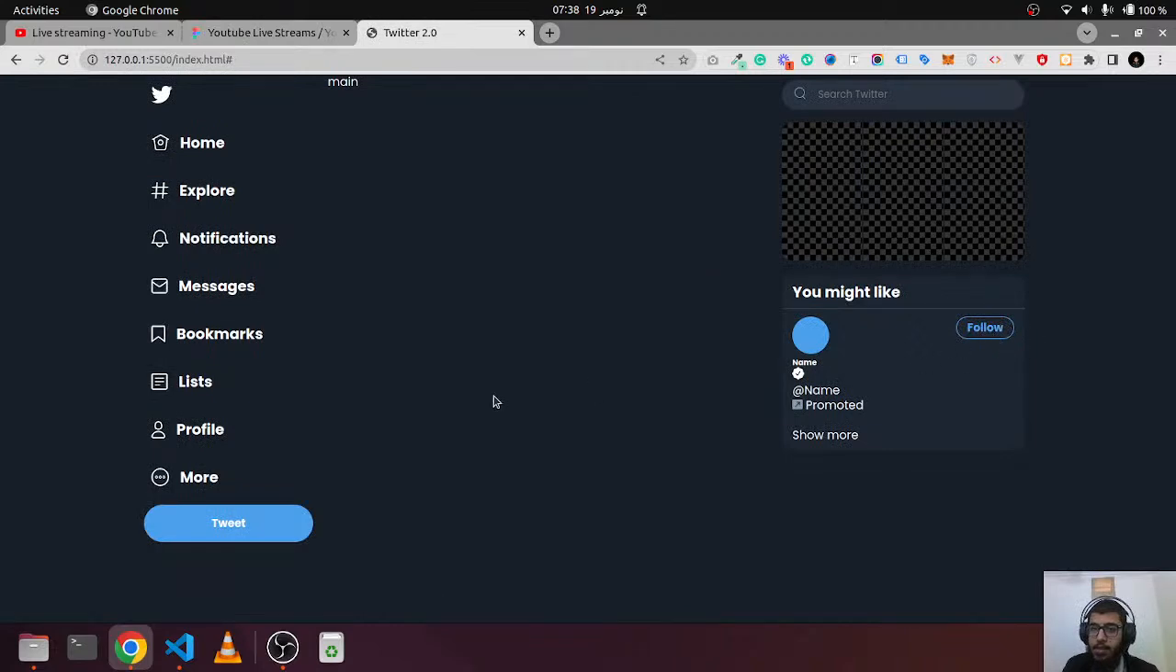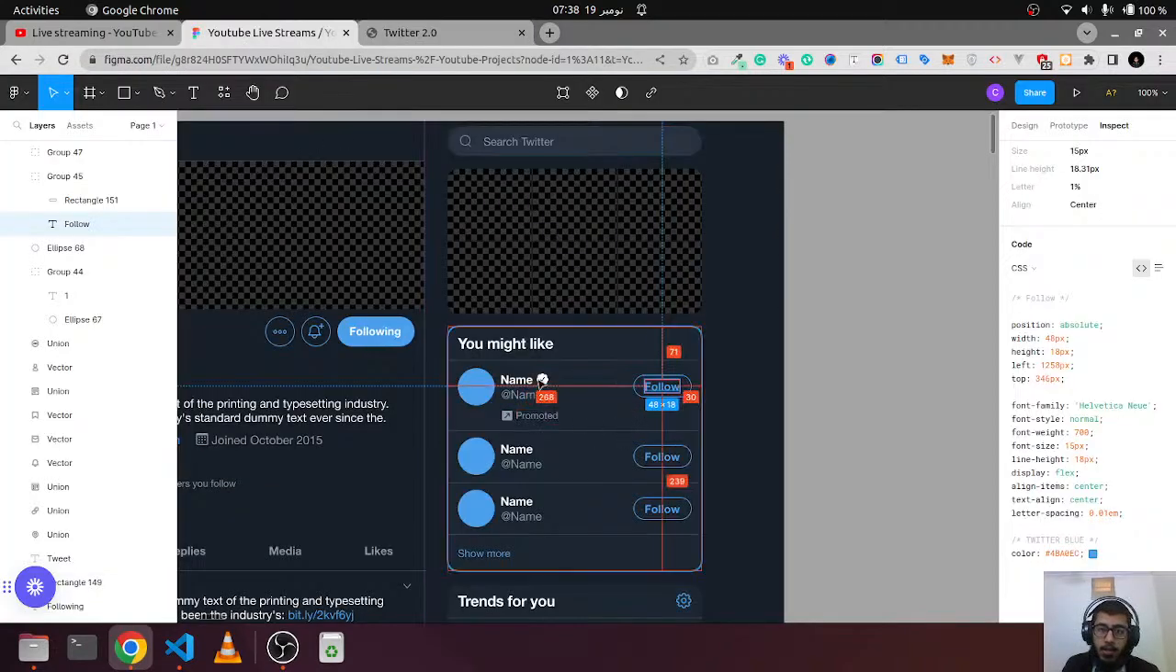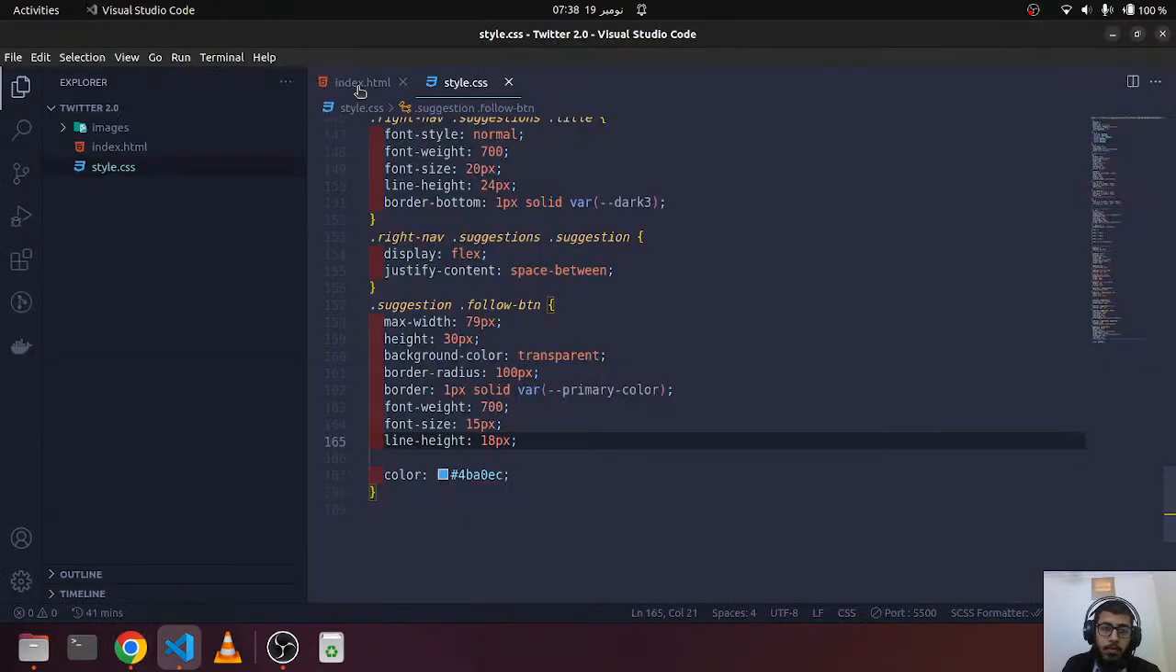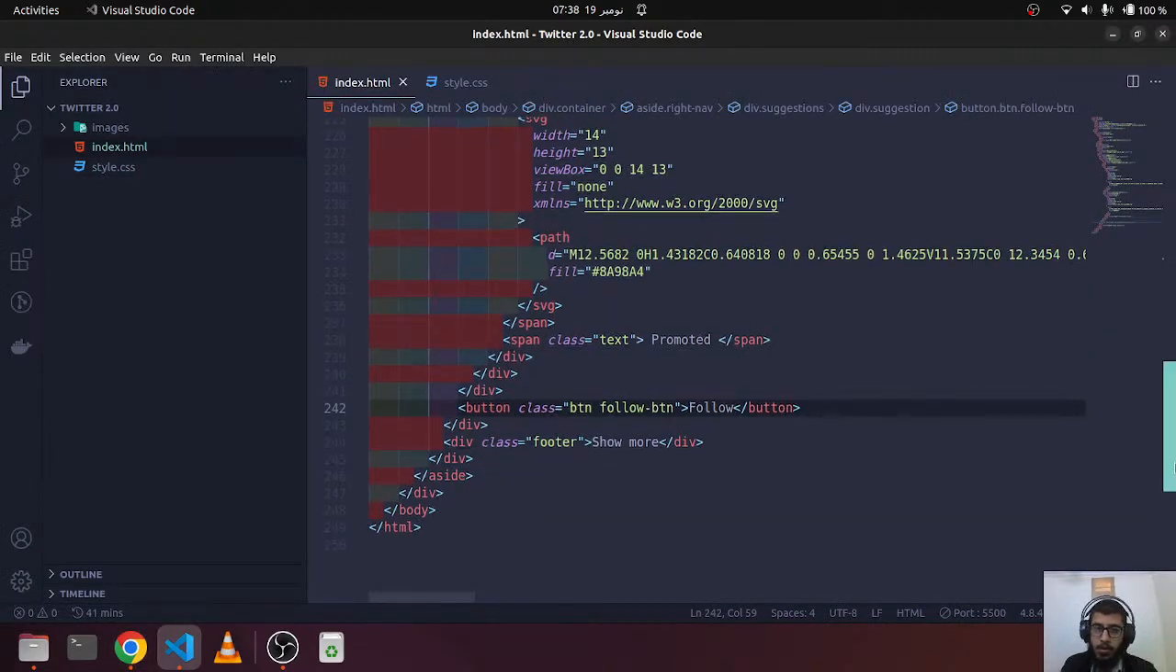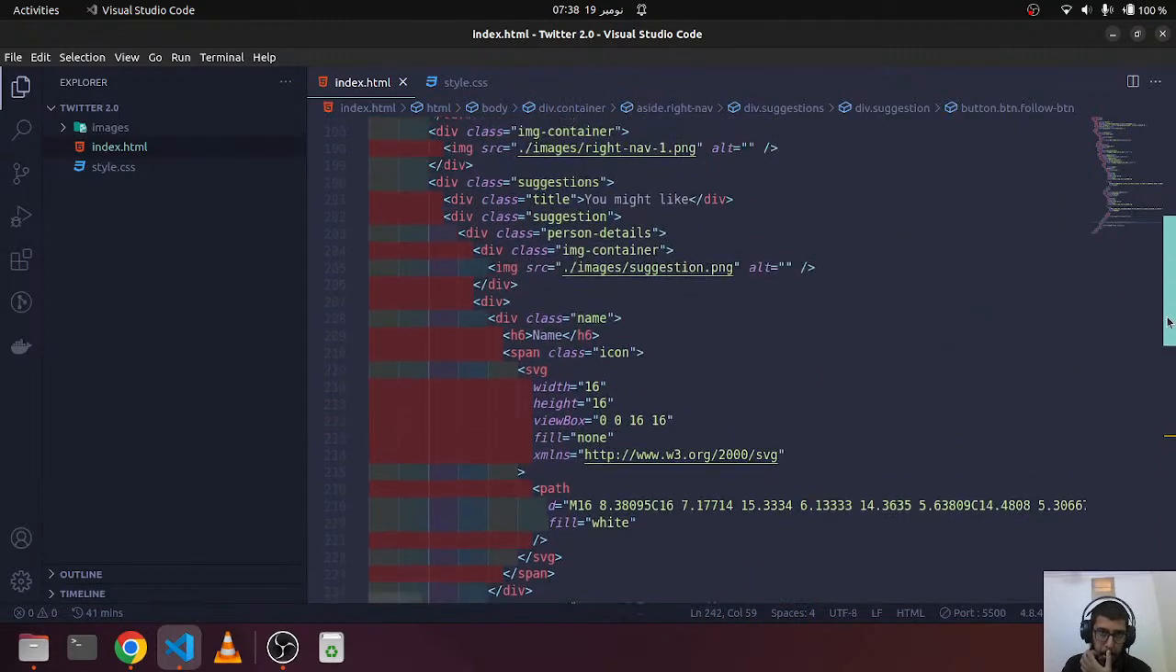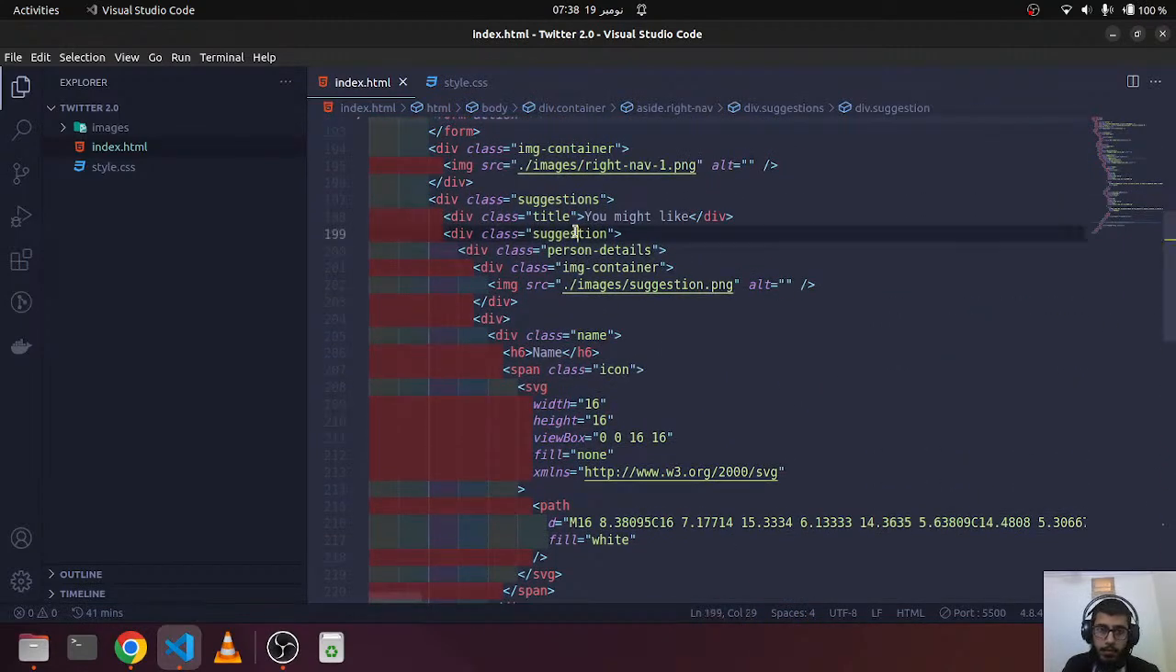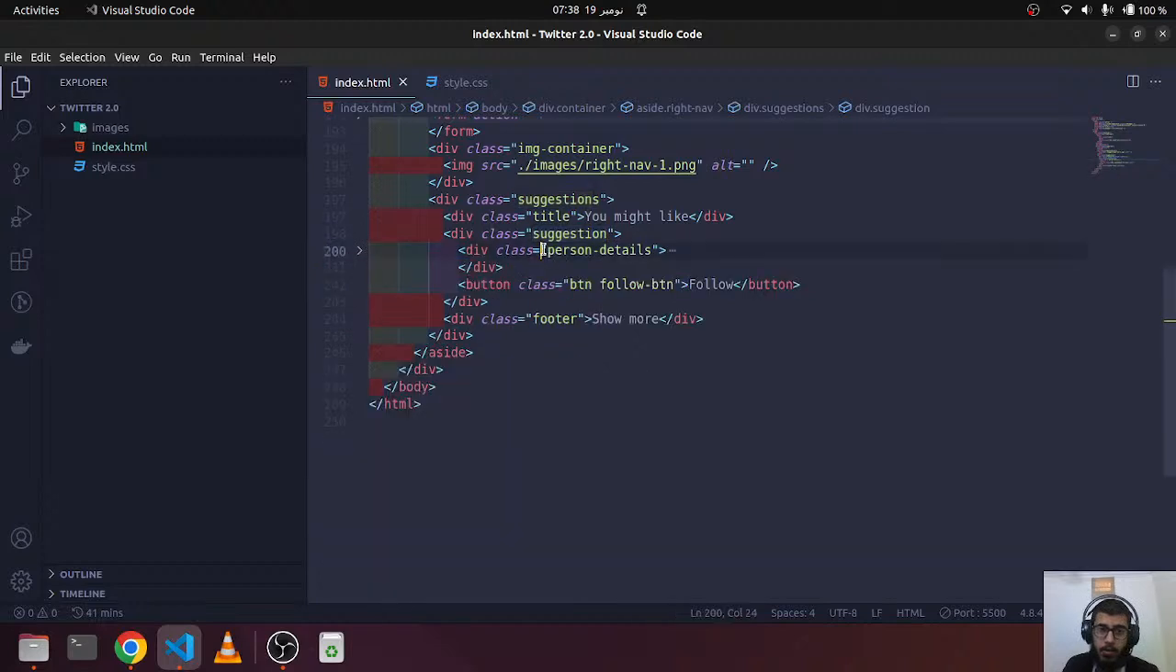Yes, now we have this thing. Yes, now the button is done. Now I can say the single suggestion, and then we have person details, right? So I should say